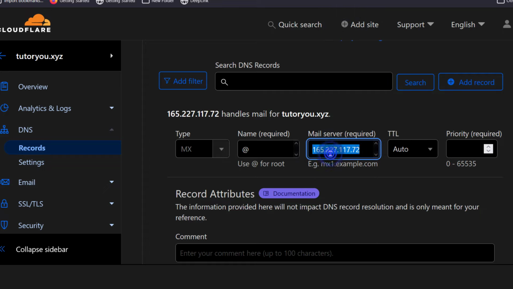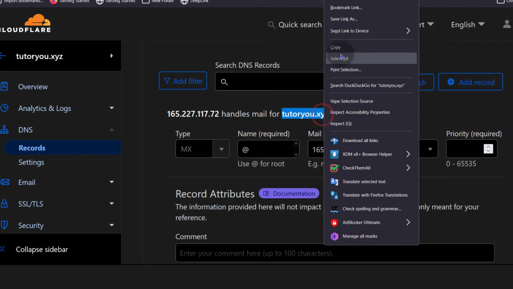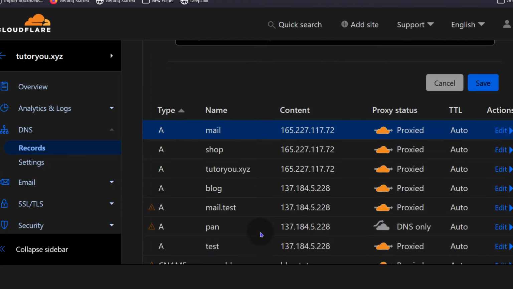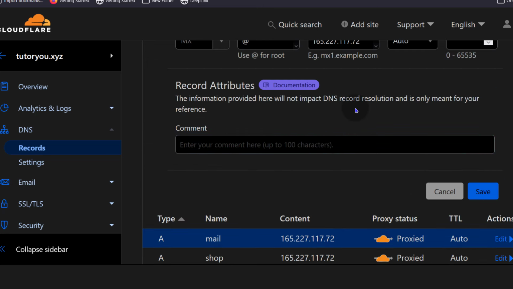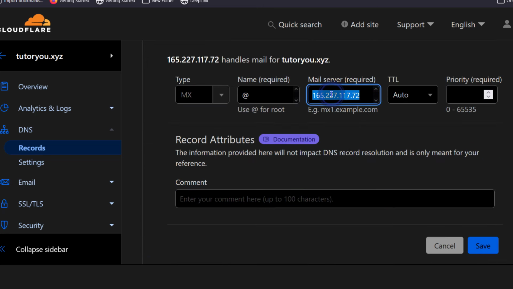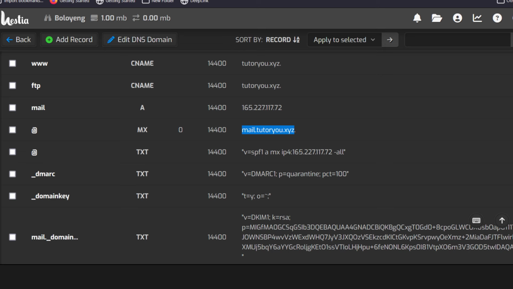For this, we'll use the mail server, and our mail server is the one we added here. So I'm just going to paste mail dot, Control V, mail at that priority, and then save. So all these other DNS records, add them.